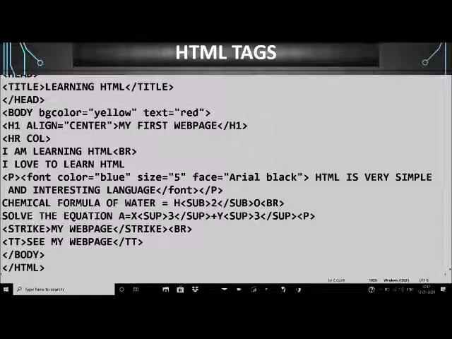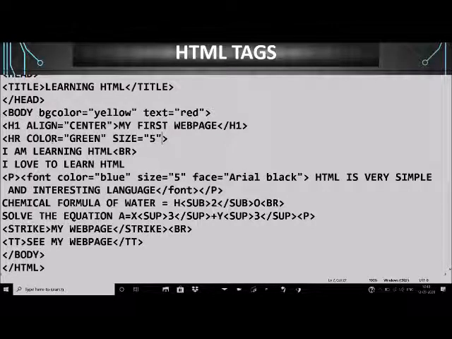Spelling of color will be COLOR. Color is equal to, suppose we want the color of the line to be green, then we can write here green within quotation marks, and we can use the size attribute to change the thickness of the line, and this size is given in pixels, so I am giving it the size 5.